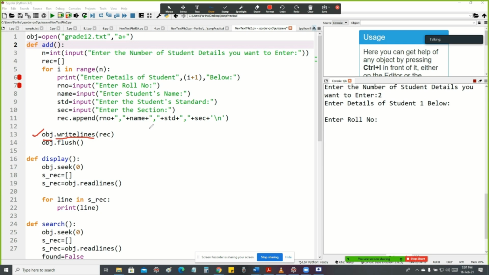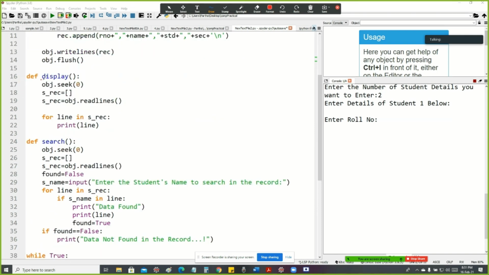We already know that the writelines function is used to write all the information in the record. Isn't it, students? Writelines, as the name indicates, is used to store or write all the information in the record. So finally, I'm using the flush statement, obj.flush. Here the flush function is used to store information from the buffer memory, for example RAM, to the permanent memory like the hard disk.